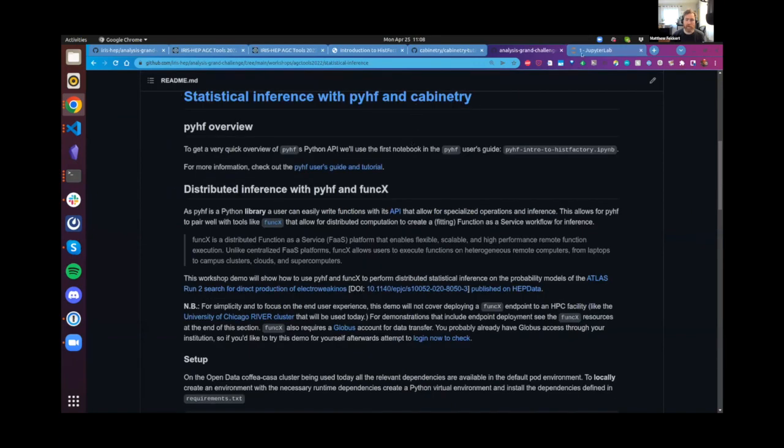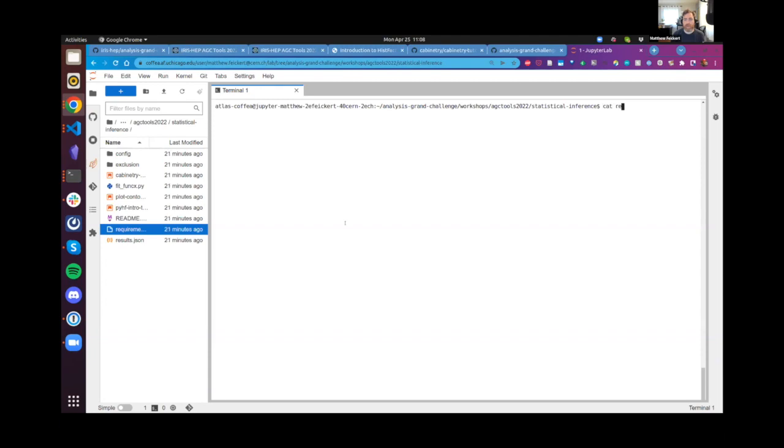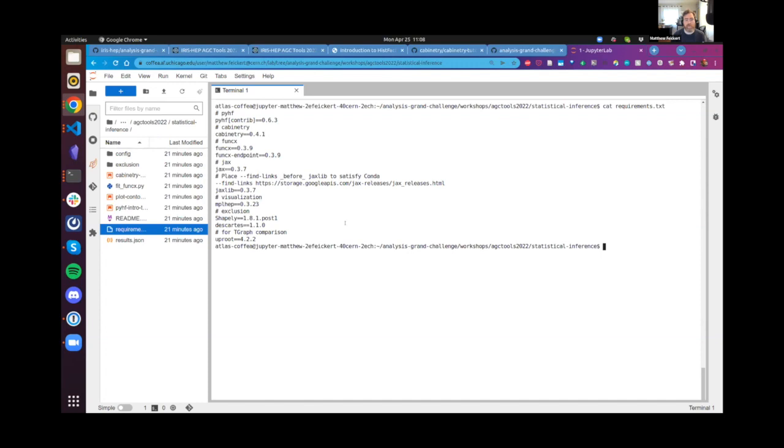Okay, so we're going to first set up our environment. If we cat here, we see that we have a requirements.txt. This has all of the dependencies that we're going to be using throughout this workshop. The Coffee Casa clusters have most of these already installed, but we're also going to be using a library called Feickert, as well as some additional visualization libraries. Given that we're inside of a K8s pod running on these clusters, I'm not going to bother with setting up a virtual environment, so that we can make sure that everything works well with notebooks as well. So I'm just going to directly install into the default virtual environment that is set up with the pods. So we're going to do python -m pip install -r